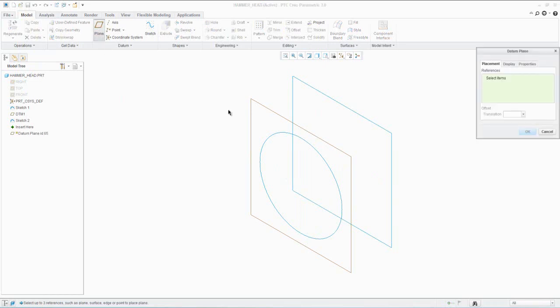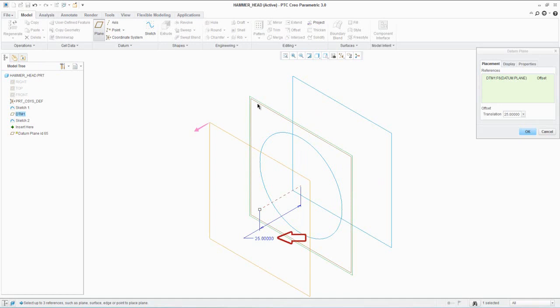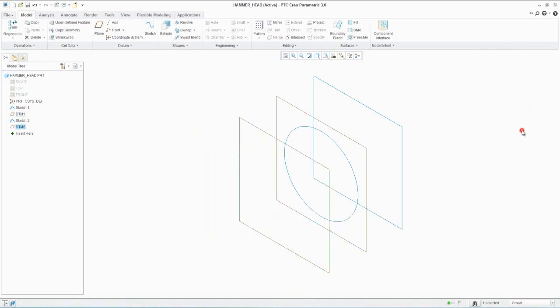Create a new datum plane 25 mm offset from this plane. On this new datum plane 2, create a sketch.